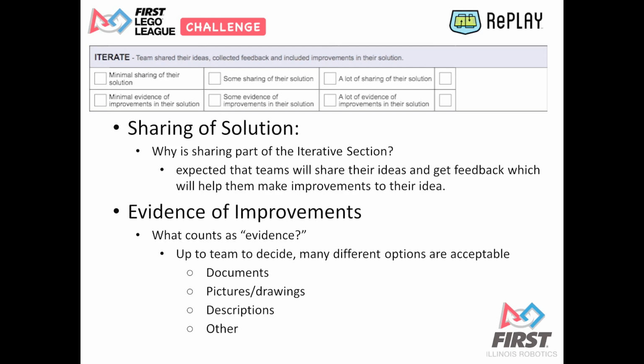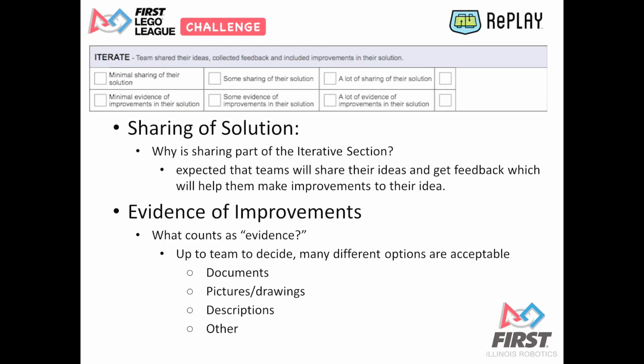For the iterate section of the Innovation Project rubrics, judges are looking to learn that teams shared their ideas, collected feedback from those they shared with, and then worked to make improvements on their idea based on the feedback they received. So understanding that this is the intent of the iterate section will help you realize what judges are